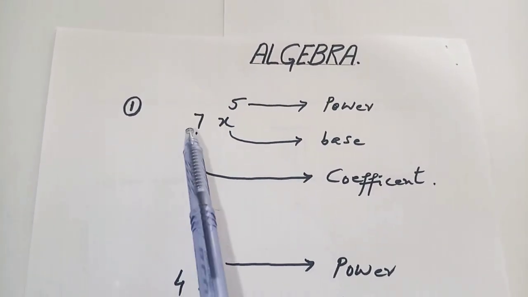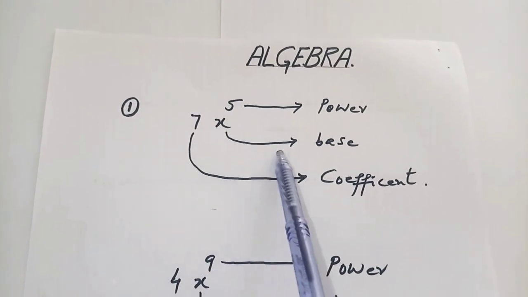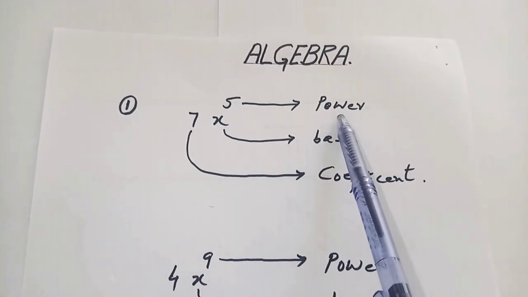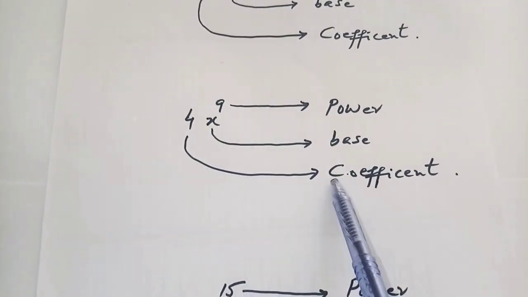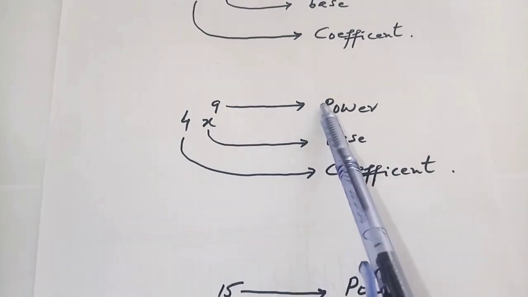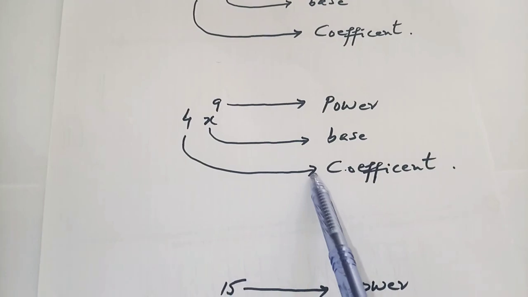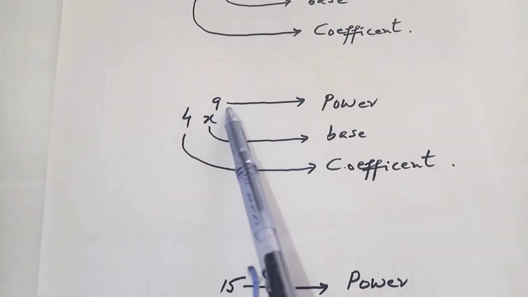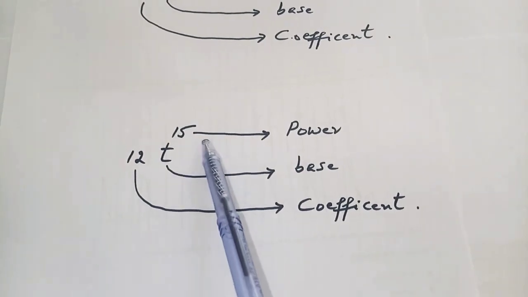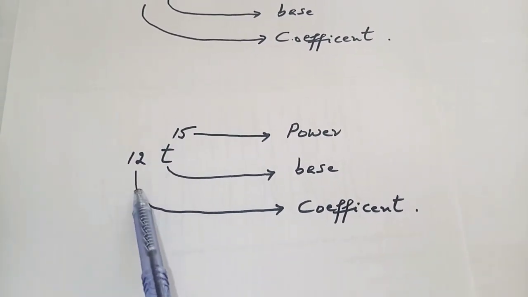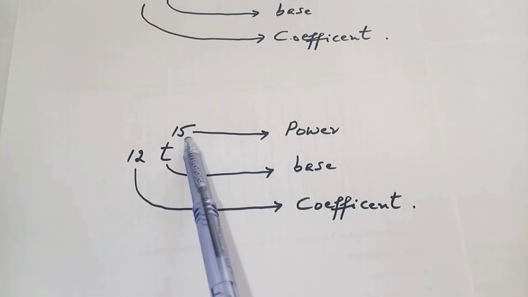7x पावर 5, इसमें 7 क्या है? कोफिशिएंट, x क्या है? बेस, 5 क्या है? पावर। इस तरह इसको किस तरह पढ़ते हैं? 4x पावर 9, 4 क्या है? कोफिशिएंट, x बेस, 9 पावर। इस तरह यहाँ क्या है जी? इसको पढ़ते हैं 12t पावर 15, इसमें 12 क्या है? कोफिशिएंट, t क्या है? बेस, 15 क्या है? पावर।